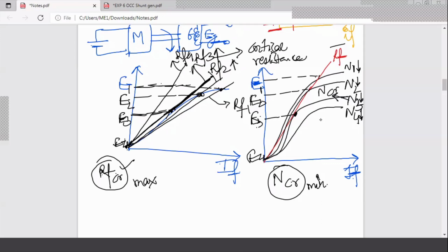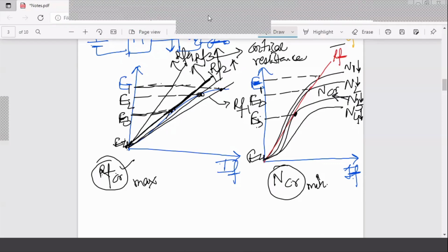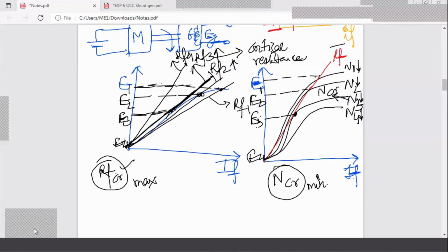Fine. So this is about the experiment. These two points also I wanted to explain. Now the video is ready. Let us quickly see this. I'll also share this with you, so don't worry, you can watch it later also. And you'll be able to understand how we have done it in the lab. So let us quickly see this.